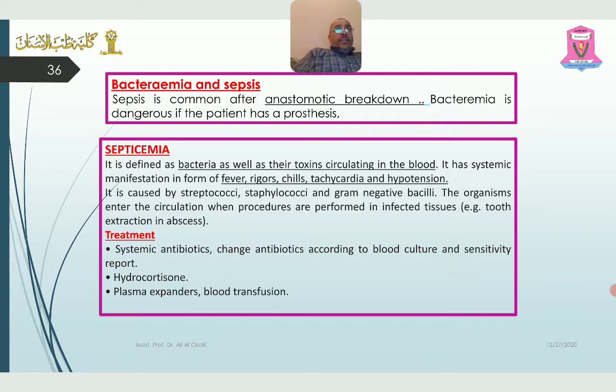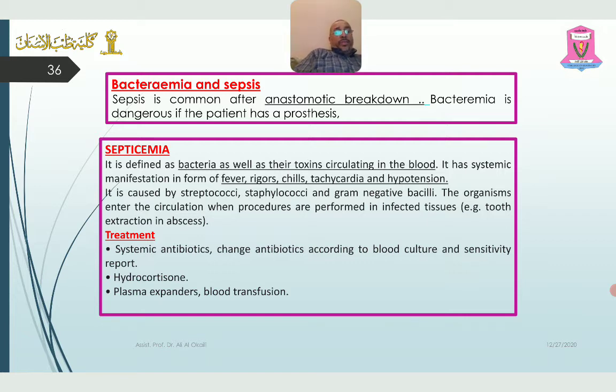وهذا حيصير بها systemic manifestation متمثلة بفيفر، رجفة، chills شعور بالبرودة، tachycardia and hypotension. It is usually caused by streptococci, staphylococci and gram-negative bacilli. The organisms enter the circulation when procedures are performed in infected tissue as tooth extraction, an abscess or any other